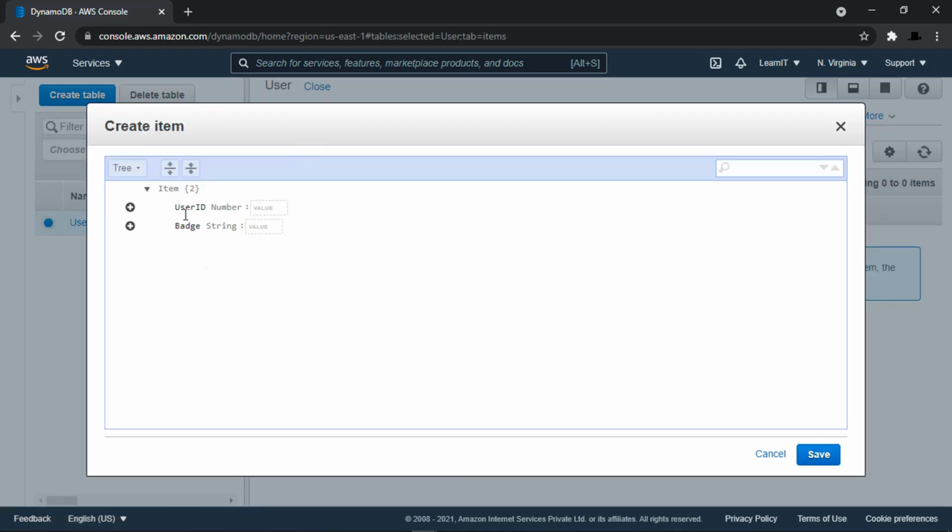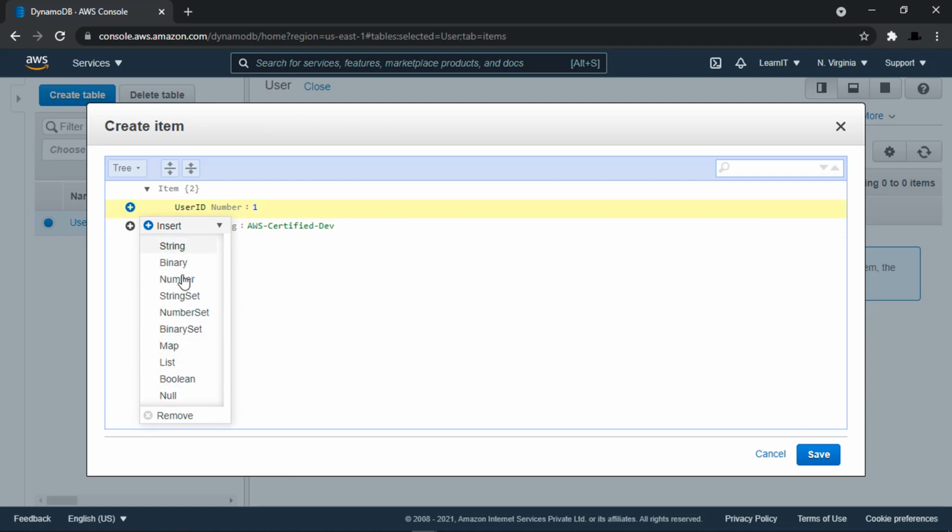So you can see we are getting two attributes here, user ID and badge, and we can update values for these attributes. Let's update user ID as 1 and badge as AWS certified dev. Also, if you want to add any new attribute, you can use this option and insert an attribute of any of these types.